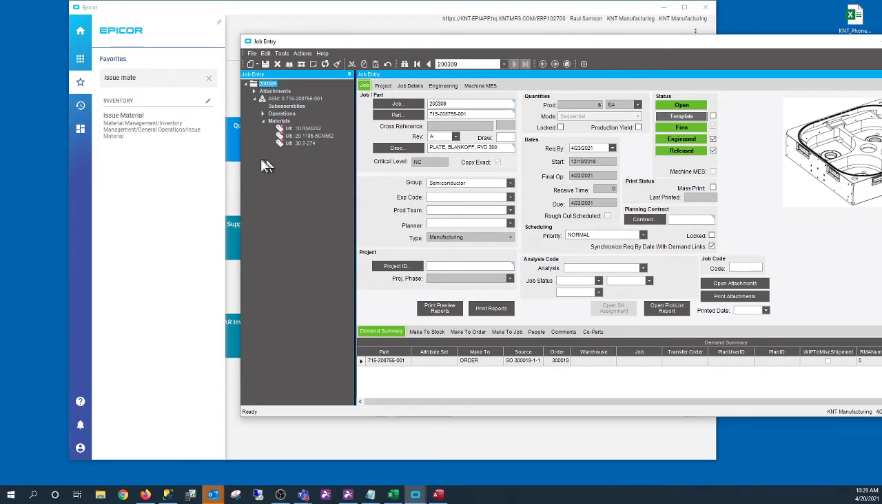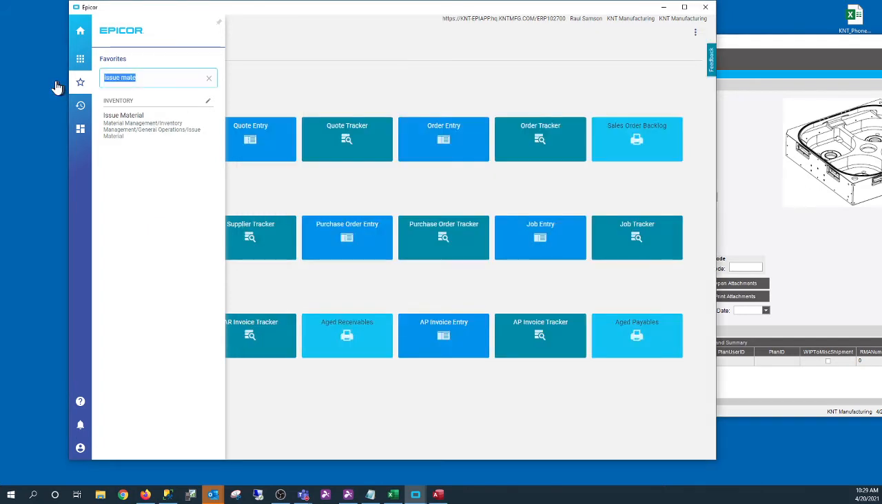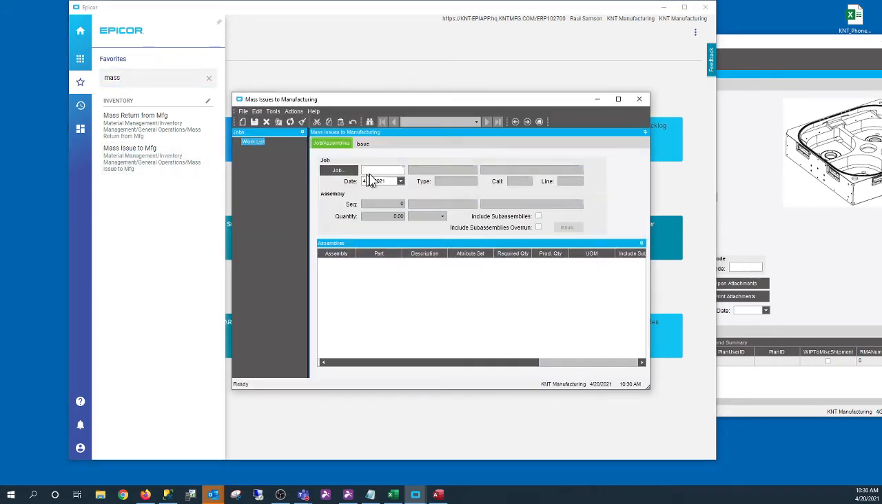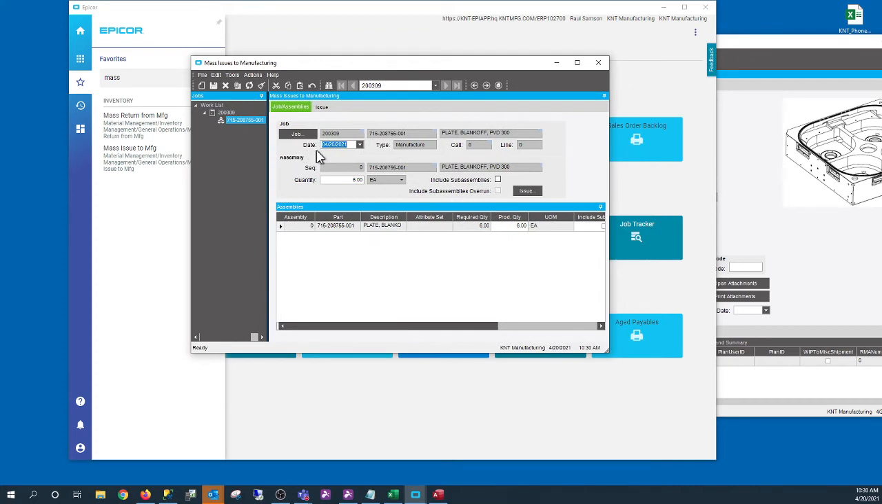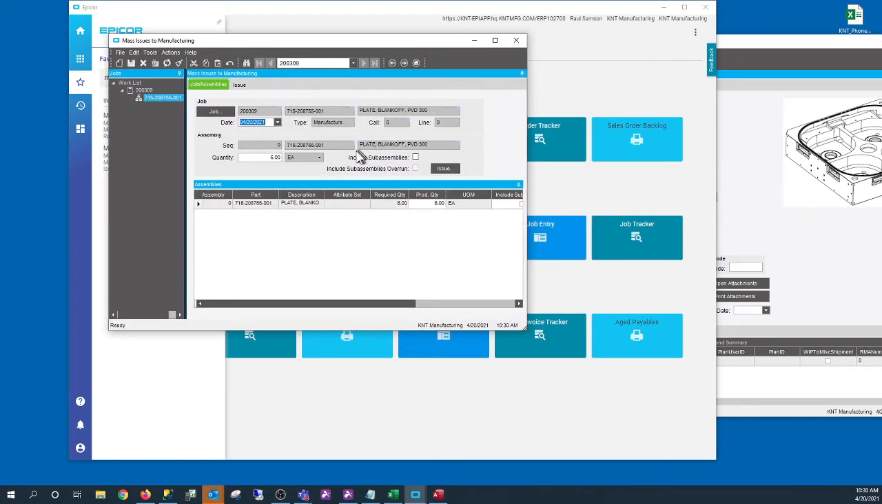Okay, so there is what you call a mass issue to manufacturing. So I'm going to click this, right? And then I'm going to put here the 20309. So this is the job that you're going to release. Before you click this issue button,